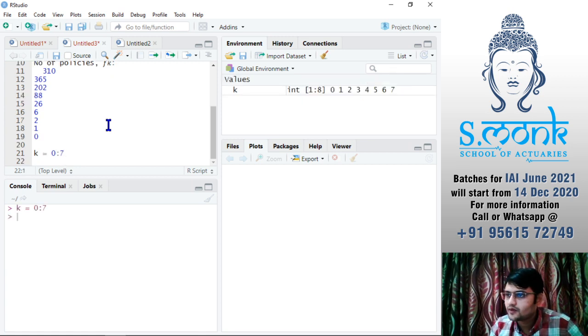Then I need the frequencies f, which are these values: 310, 365, 202, and so on.